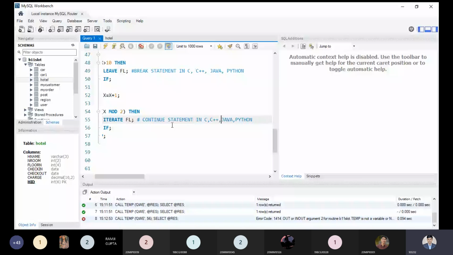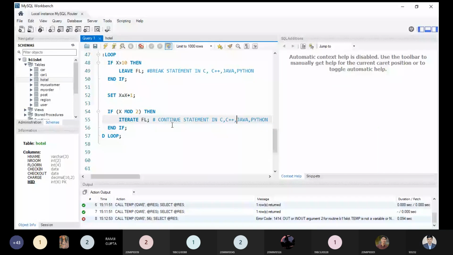Break statement will break the loop. Here we are using iterate, and the continue statement is applicable where the condition is true. So continue the loop. Iterate loop. Okay, so loop type what we have is FL.